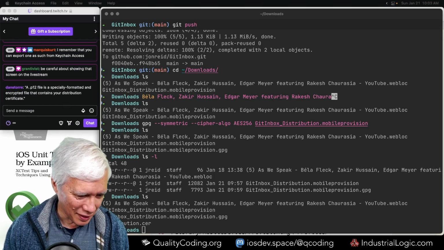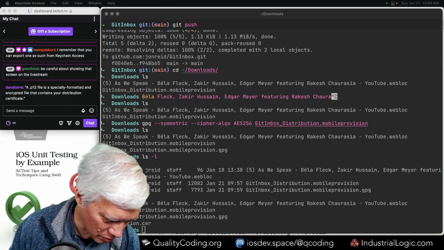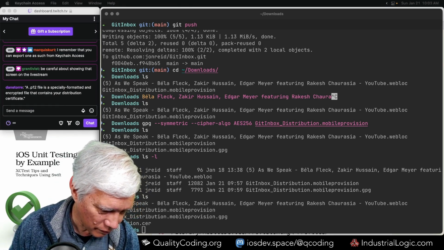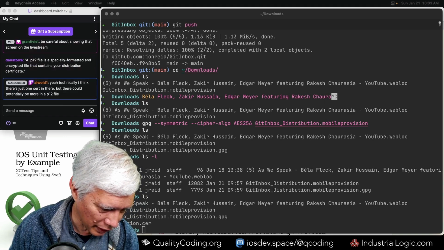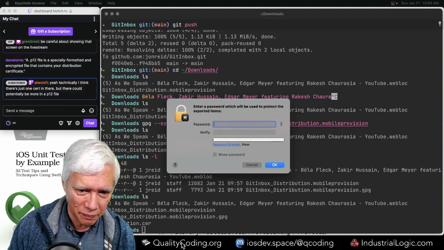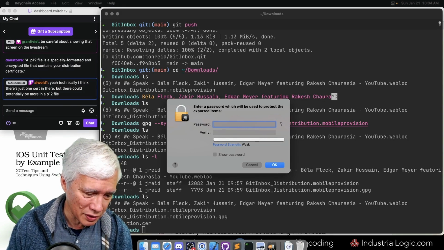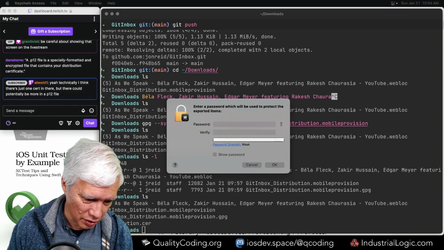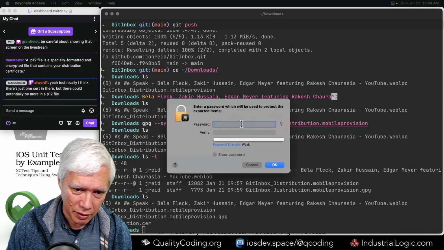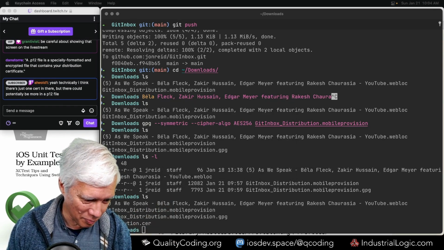I should be able to save that to my downloads also. Enter a password. Again, same password. Yeah, that makes sense, that it could be multiple certificates, hence the name. I'm going to use the same password that I created so that I can just use one secret and have the thing upload,